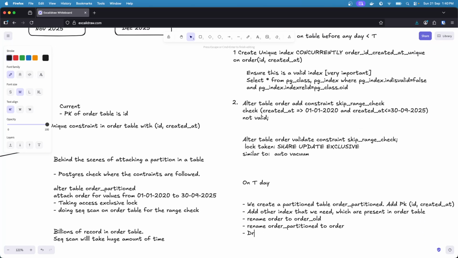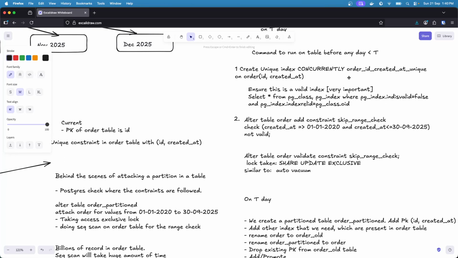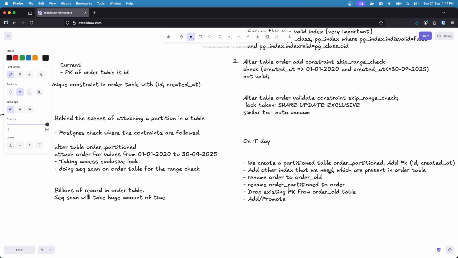So what we have to do is drop the existing primary key from the order old table, alter, add created, add, promote as the new primary key of the order old table,